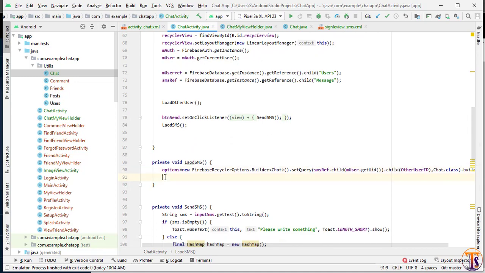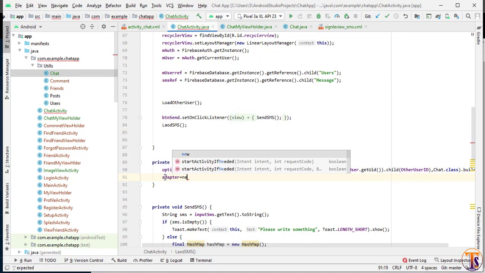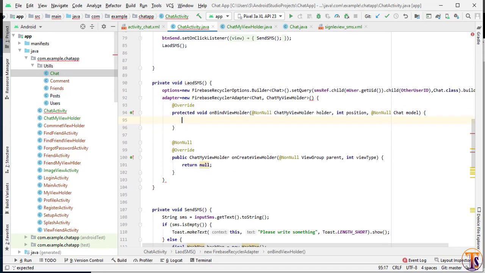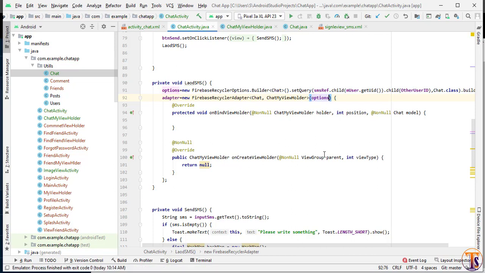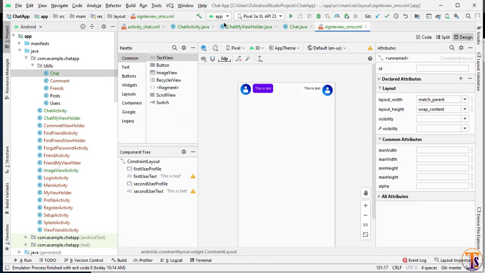Now we need to initialize our adapter. So here I will create adapter, new Firebase recycler adapter. First we have to put a semicolon, and here we need to pass our options. Now first we need to inflate our layout. Here we need to inflate the single view that we created.